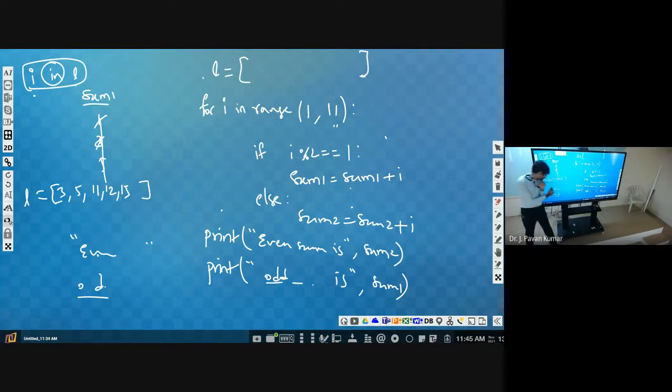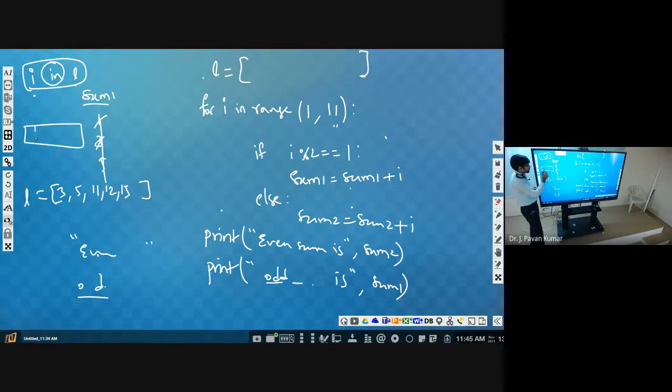How will it be stored? L has 3, 5, 7, these numbers. In the list, how will it be stored? I have told you. Ordered means we will have an index. Cells will be created.